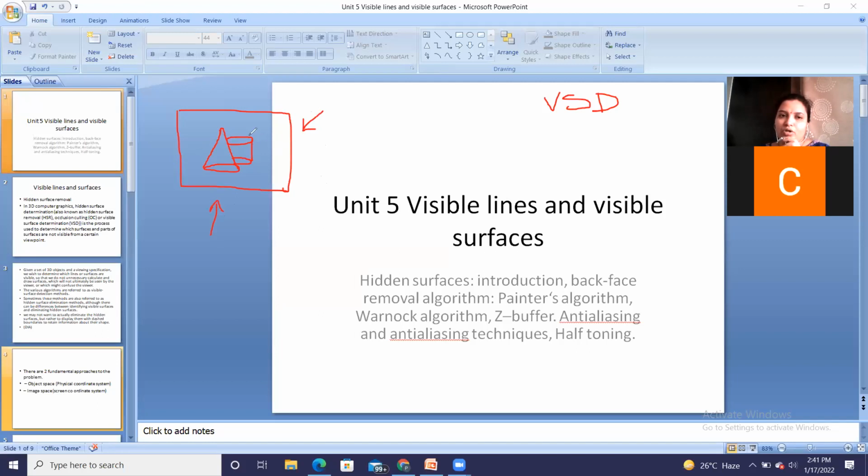I have to focus on the cylinder and I will remove the portion of the cone as it will be invisible with respect to the viewer. Okay, so if I am concentrating on the direction of view or the viewer, then the objects will be viewed